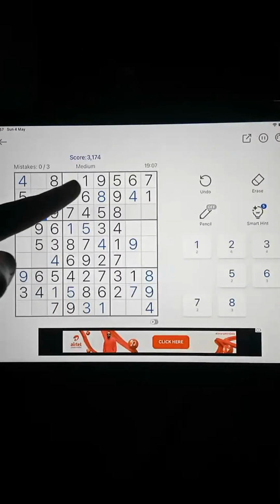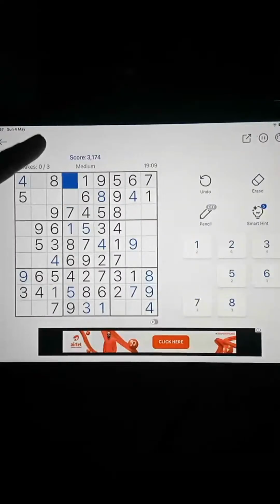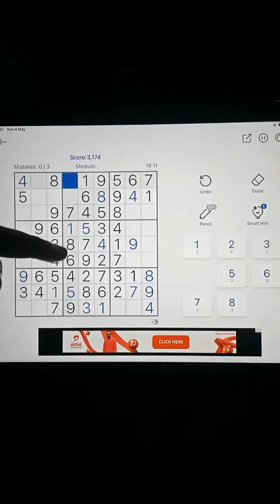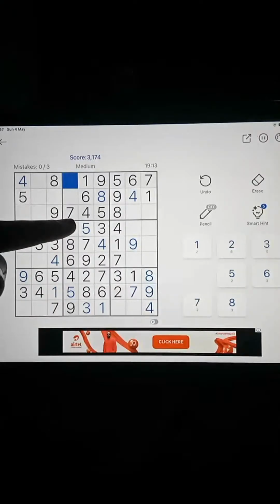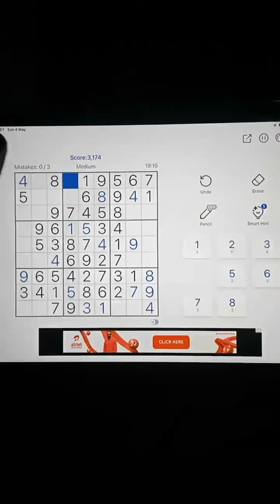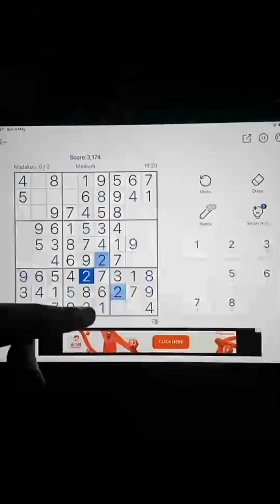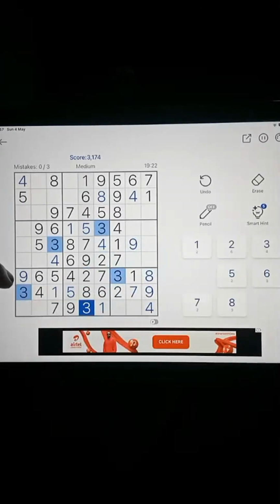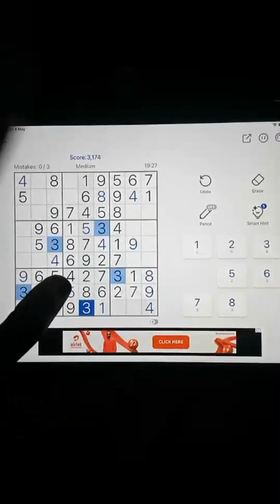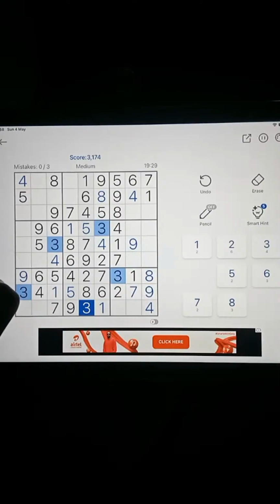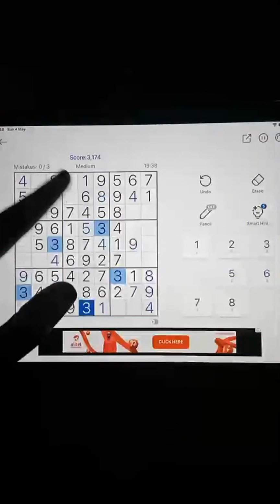Orange. 2 and 3. Okay, so let's start with number 2. Okay, number 3. I think I should start with number 3. So we have 3 here, 3 here, 3 here. No 3 here. Okay, so 3. I want to put a 3 here,